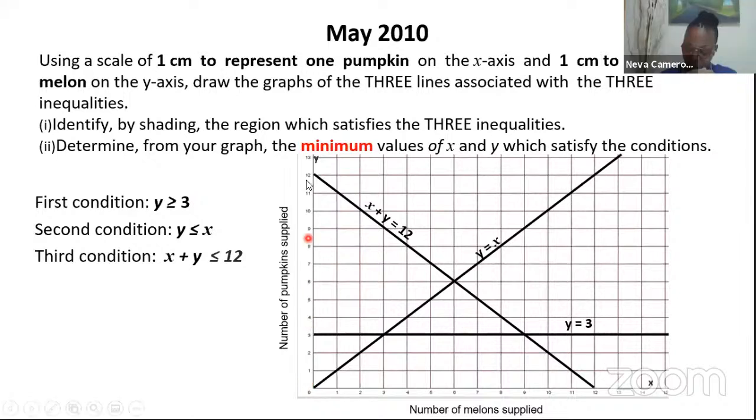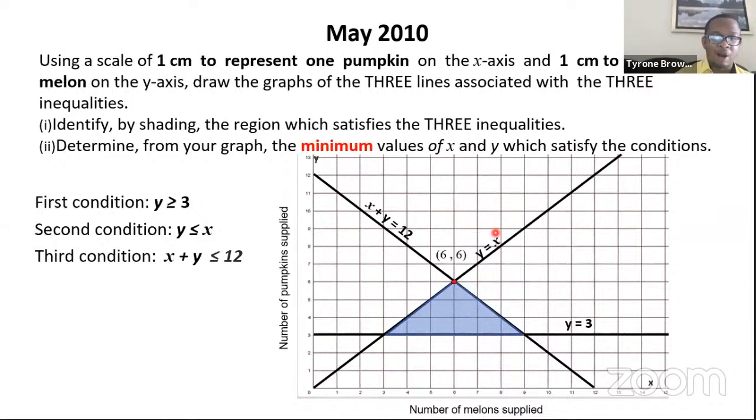Yes, so these values of y above the line are going to be greater than 3. Okay. So we can put in our shading of the region. And of course, we can also put in our coordinates as we were instructed once we got to part 1